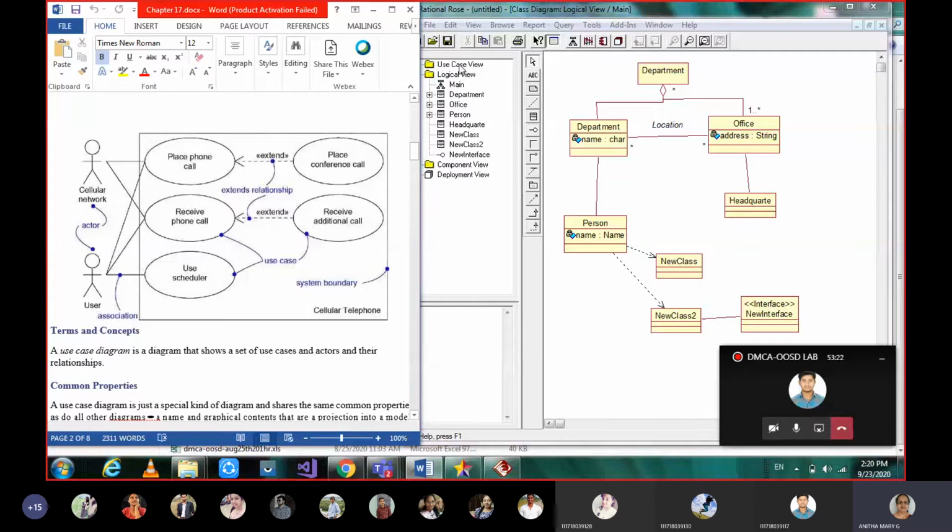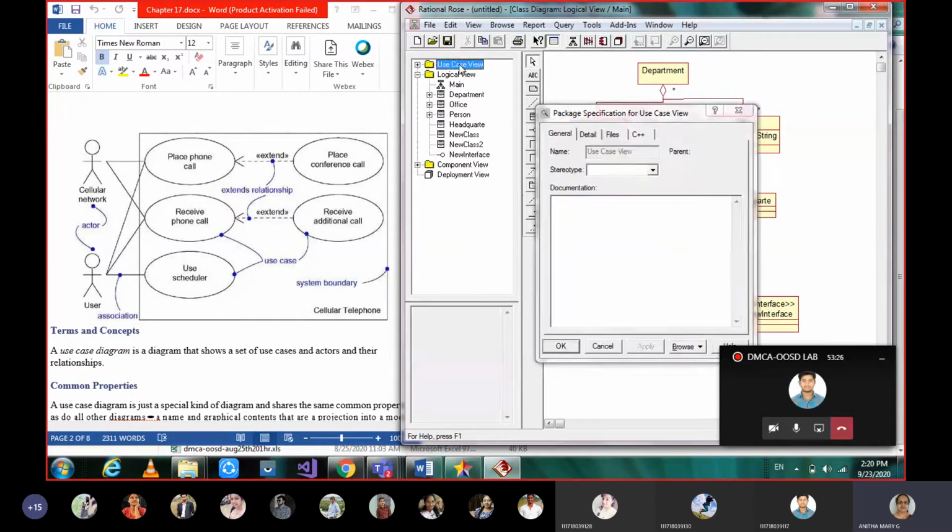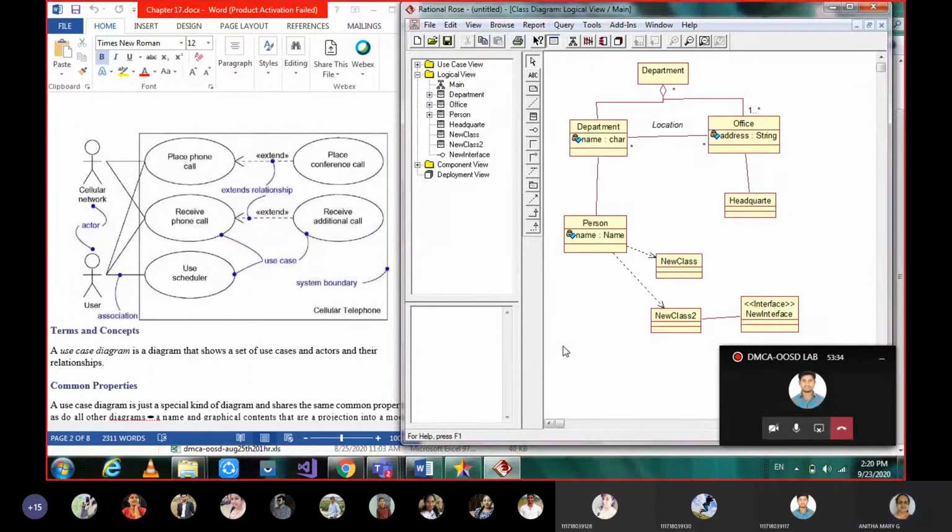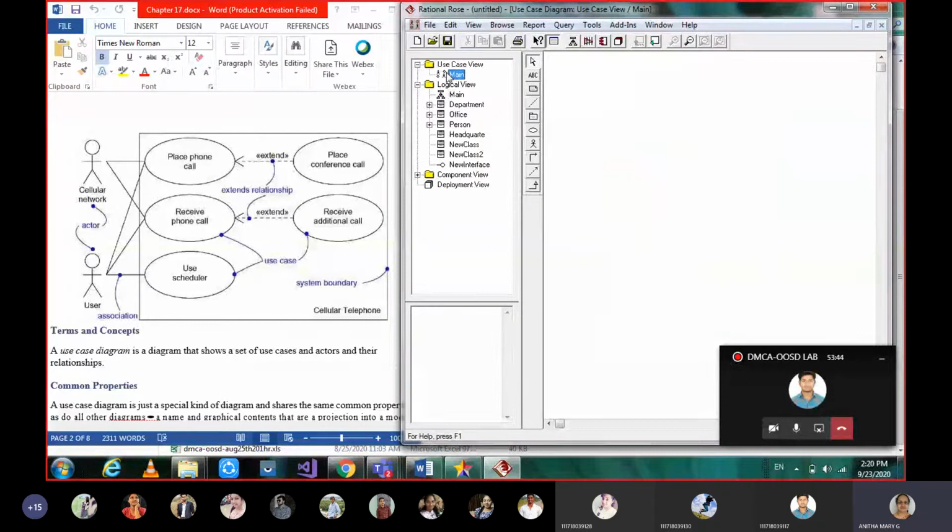When we want to go to the use case diagram, in the Rational Rose tool we may click use case view, and when you double click on this, the use case view will appear. I am under logical view, sorry. The use case view you have to select, and the window will be ready for you.